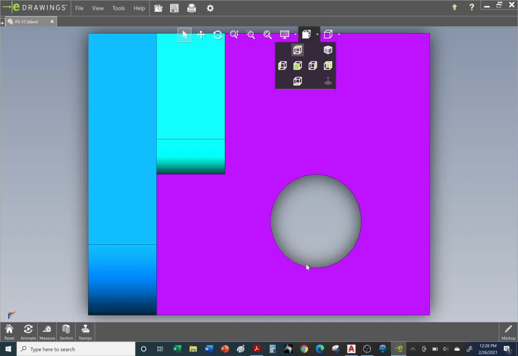When you hear an engineer, a drafter, your boss refer to something as a feature, they're just talking about the details, right? It can be a hole. It can be a round corner like a fillet, right? So they're just referring to the details. All right, so